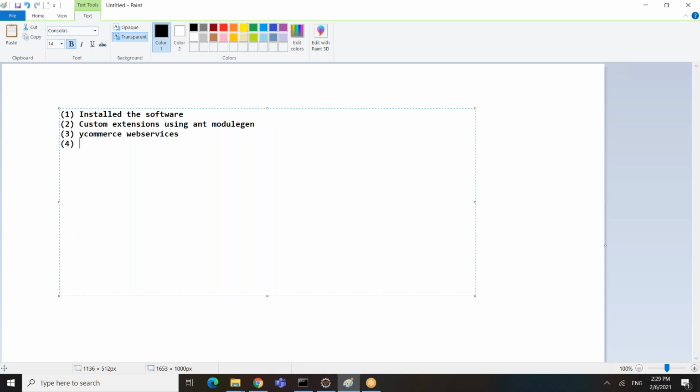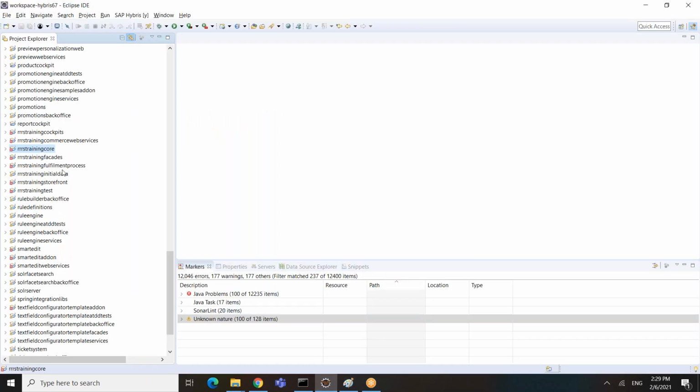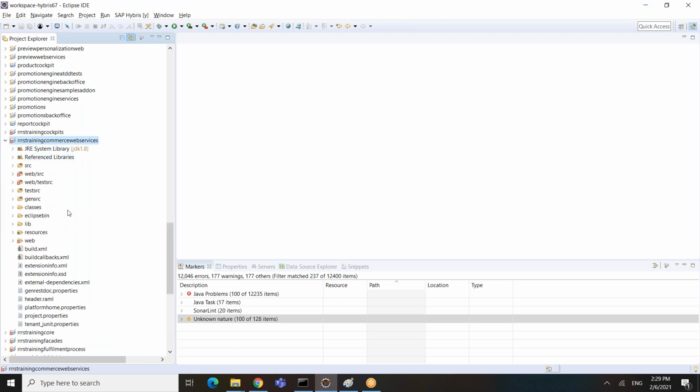For that, I already built a custom extension, the RRS training commerce web services. That's what I used for this extension. It is created based on ycommercewebservices out of the box, and any customization needs to be done as part of this extension only.